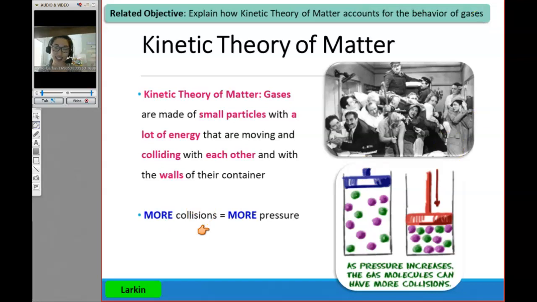Same thing with gases. You can see our picture over here where we have a lot of people in a small space. This is going to be a high pressure area. There's going to be a lot of collisions if you imagine these are like gases. And you can see a better picture down here of actual gas molecules being represented, that these ones on the right are going to be colliding a lot more. They're all squished together. They're going to run into each other, and you're going to end up with a lot of collisions, a lot of pressure.